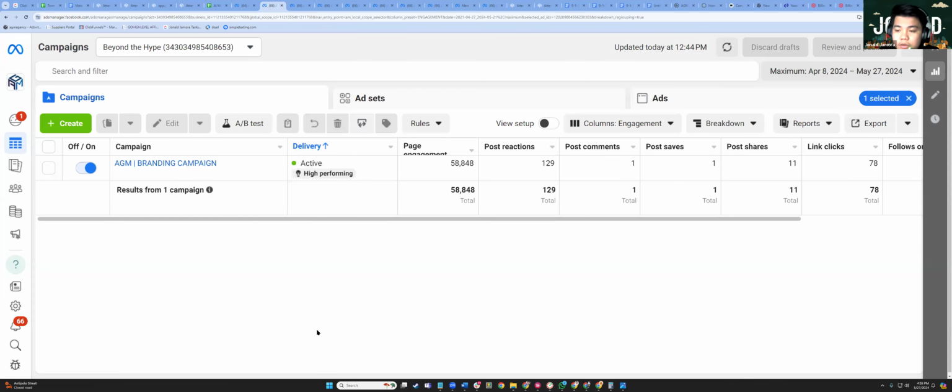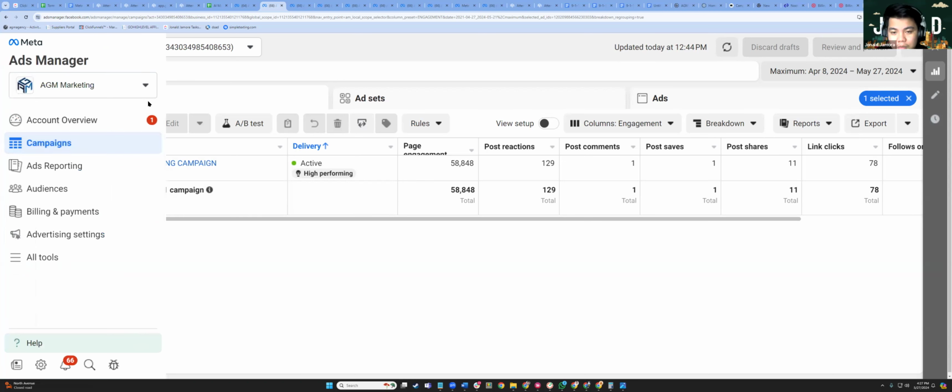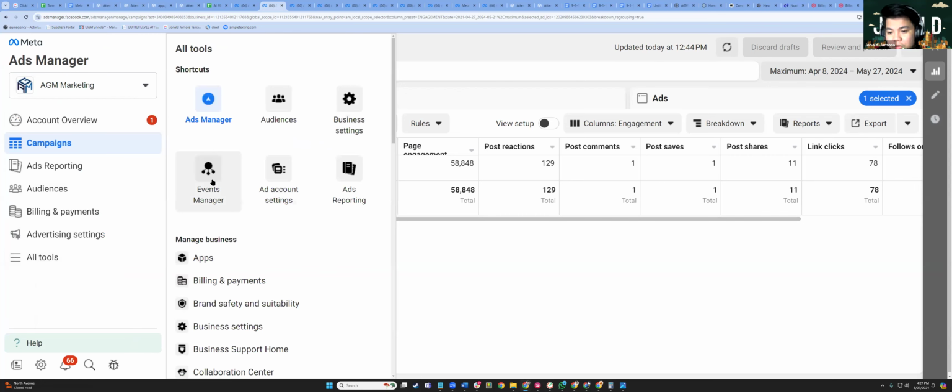Good morning. So here's a quick training on how you can install pixel event onto your GoHighLevel landing page. Here's a quick example. I'm working on one of my clients. Currently, I'm on the Ads Manager section. So what we're gonna do is go to the Events Manager,